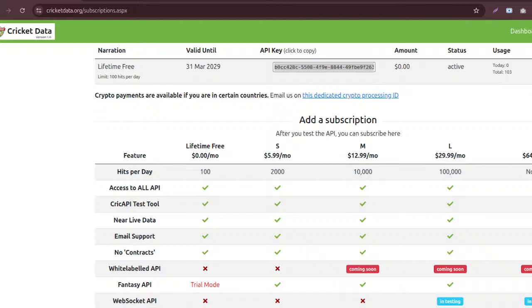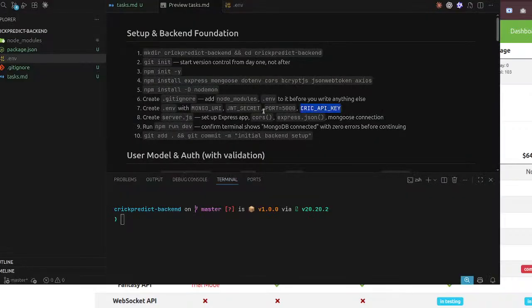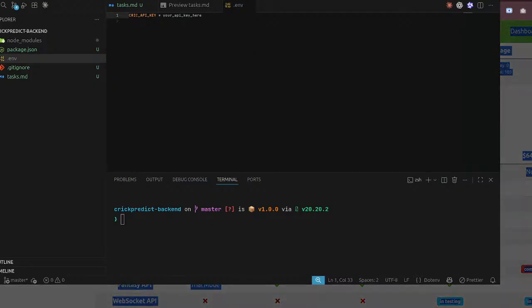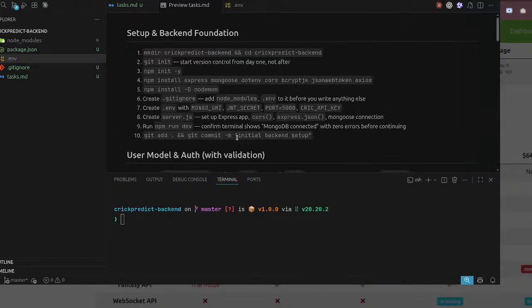Sorry, let me move to that section again. Okay, and then we have added the Cricket API key.